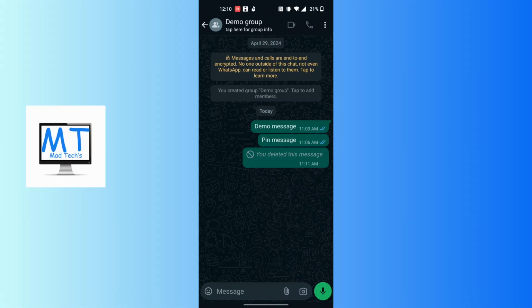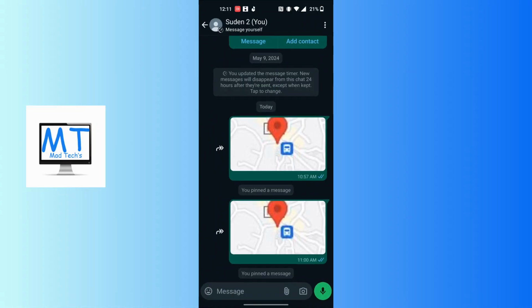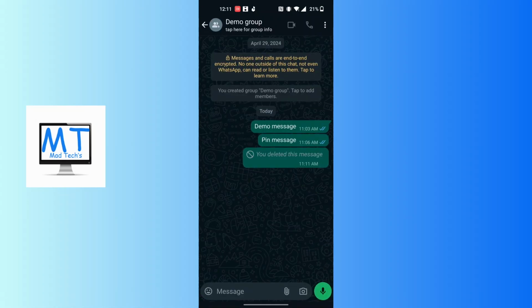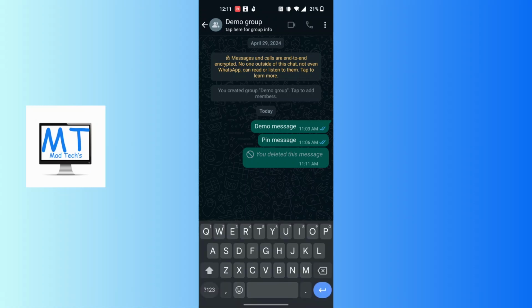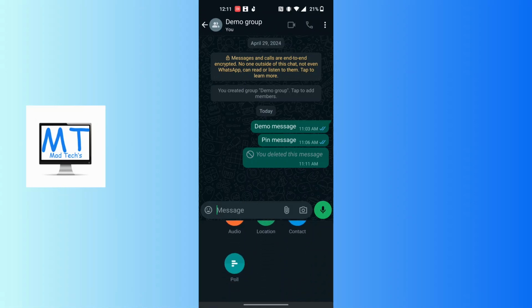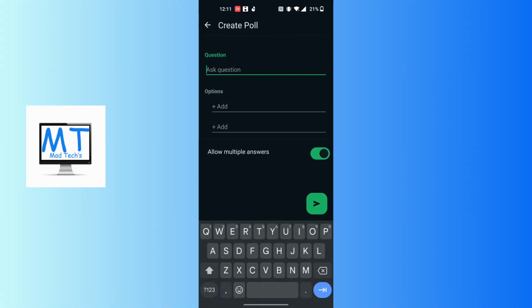Now in order to make a poll on this WhatsApp group or any chat, you can just open a personal chat as well. You can just see at the bottom of the screen, after opening a chat box, there is a message bar, and at the right side there is an attachment icon. Tap on that attachment icon, and over here you can scroll down until you can find the poll on the green button. Over here you can see, tap on poll and you will be able to ask your question, the